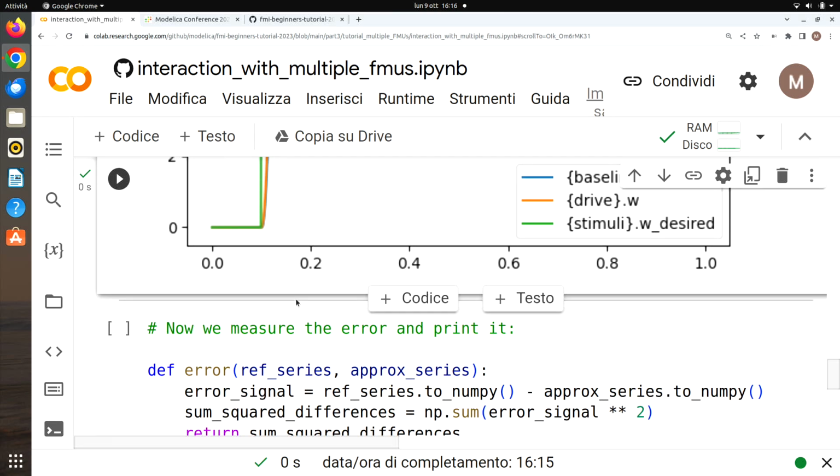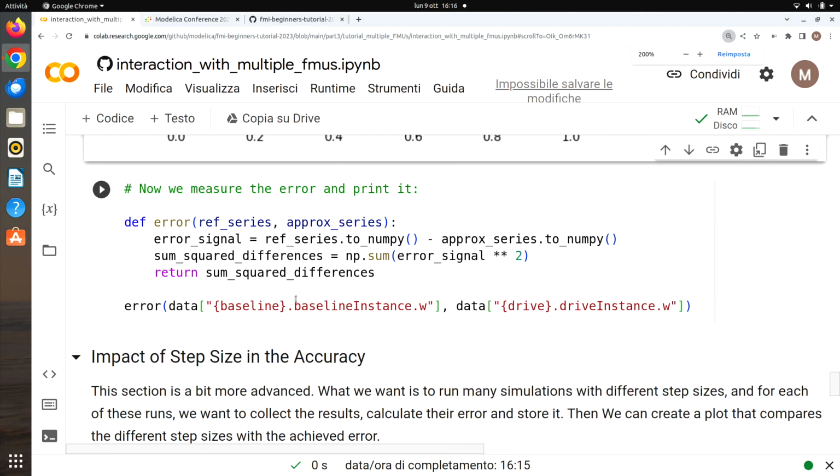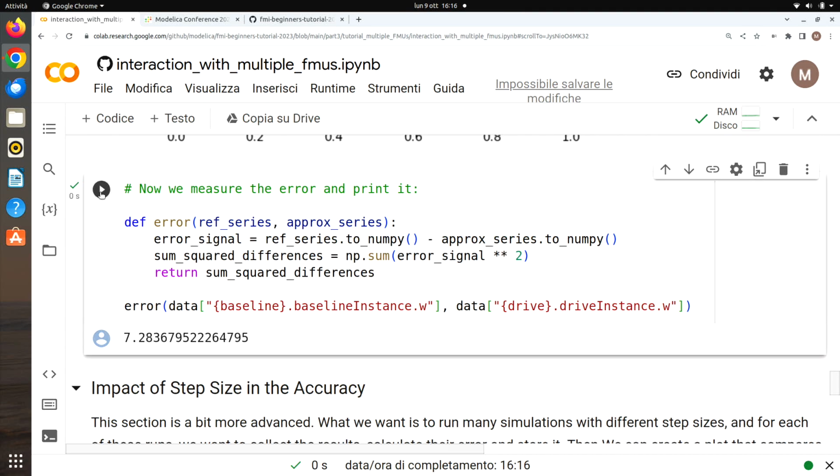So we can define a function to measure the error. In this case, we simply compute the sum of squared differences over time. We are taking this data from the log, and we get the error, which is 7.2